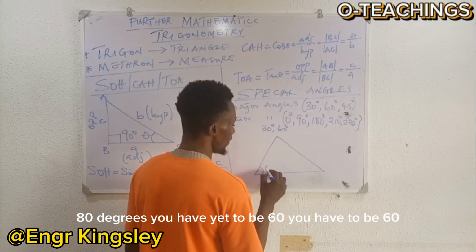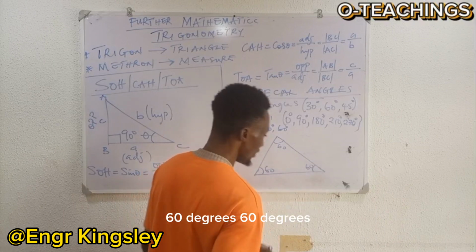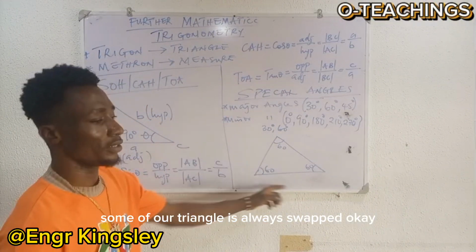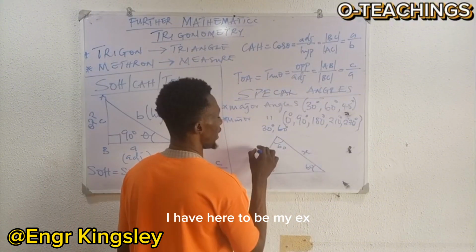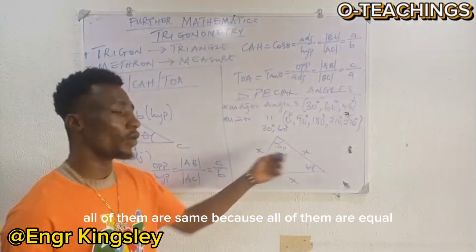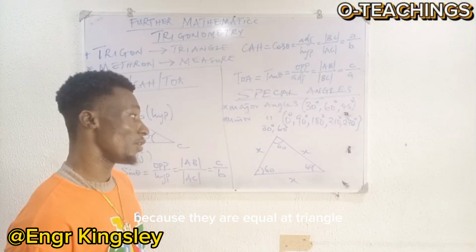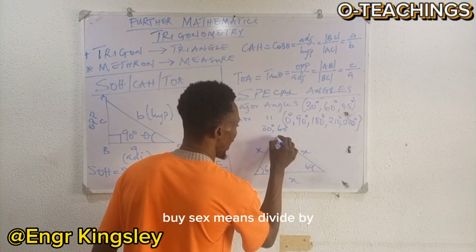Here is 60, here is 60, and here is 60. 60 degrees, 60 degrees. The sum of angles in a triangle is always 180. If I have here to be my x, here to be my x, and here to be my x, all of them are the same because it's an equilateral triangle. If I decide to bisect, which means divide,